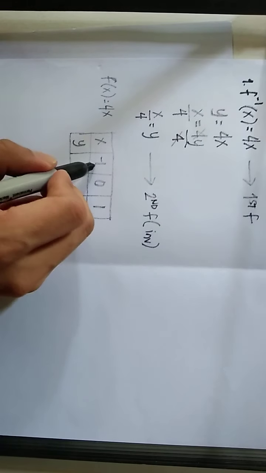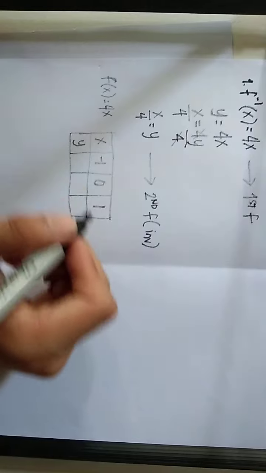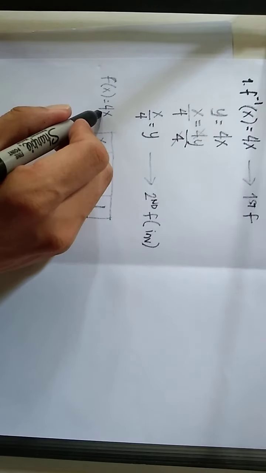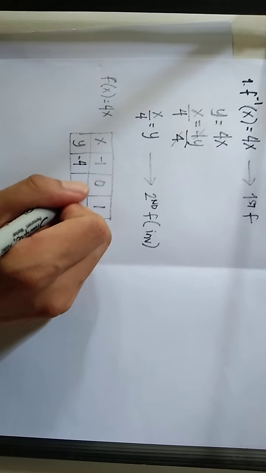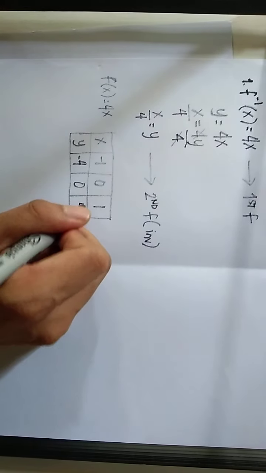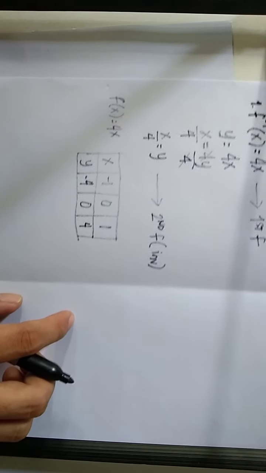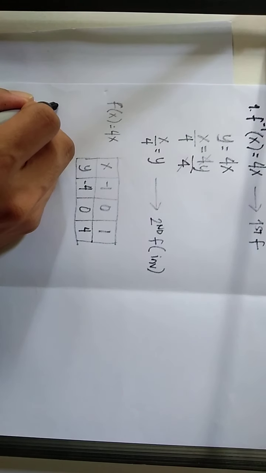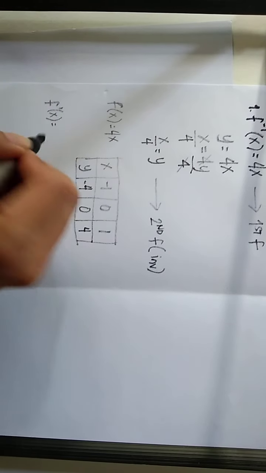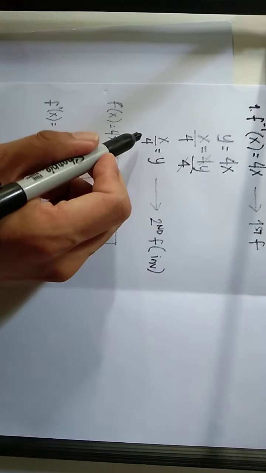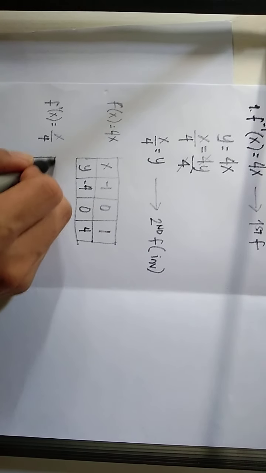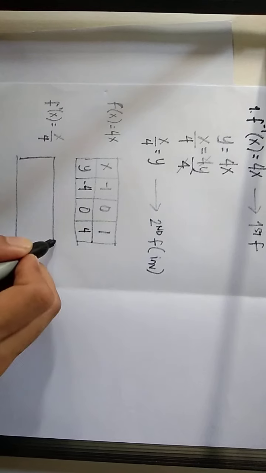Once we substitute negative 1 on our given function, we will have negative 4. And for the 0, we have 4 times 0, we have 0. And 1, we have 4 times 1, we have 4. And let's have yung ating inverse function ng x. So, susulat ko lamang yung ating function. We have x over 4. And then we are going to have yung ating table